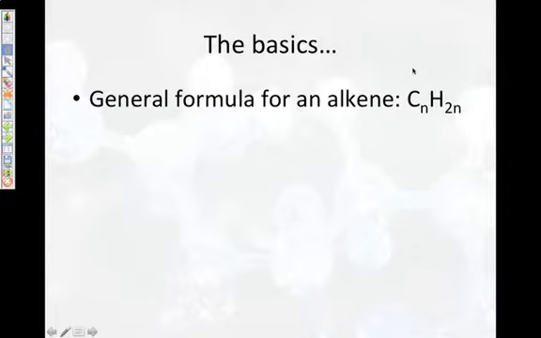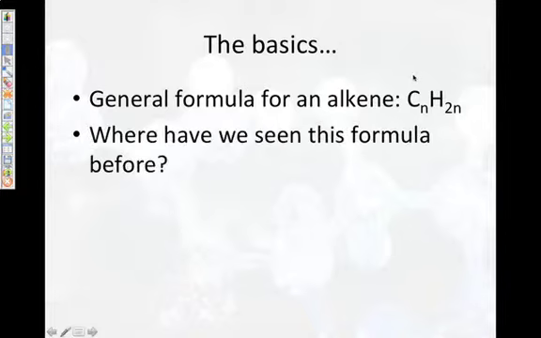First of all, we learned with alkanes that there's a general formula of CnH2n+2. Now with alkenes, we're down to CnH2n. And my question for you is where we've seen this formula before. If you think back to the very beginning of alkanes, where we had CnH2n+2, that was with a straight chain alkane. But if we had an alkane that was cyclical, let's say